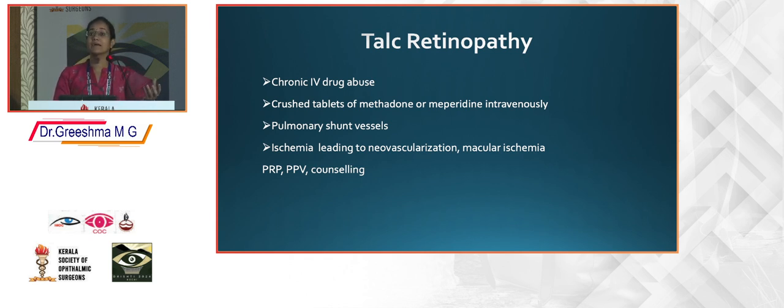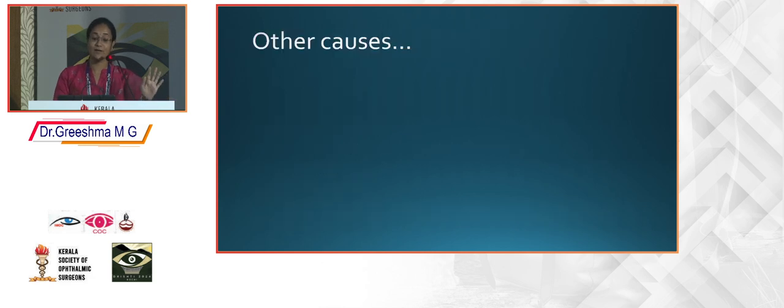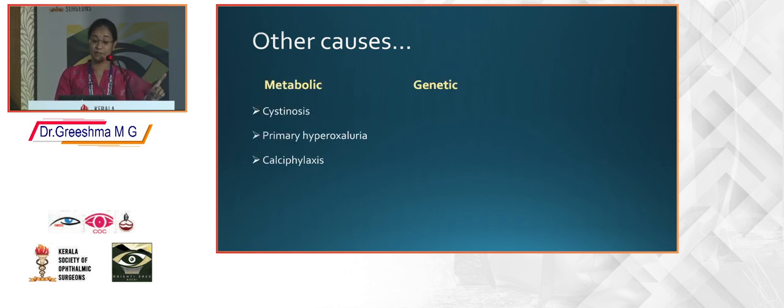What chronic IV drug abusers do is crush the tablet and inject it intravenously. These large particles will be filtered out by the lungs, but the smaller ones can go and block the retinal vessels, leading to ischemia plus crystal deposits. So it follows the line of ischemic retinopathy management plus counseling. Nitrofurantoin is a rare cause, and always keep in mind the other causes of crystalline retinopathy, like metabolic, genetic